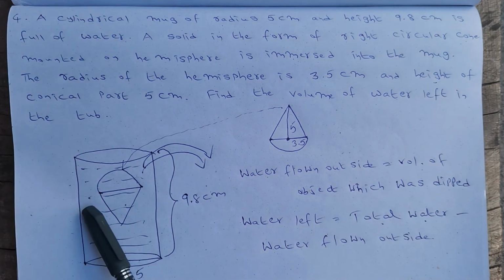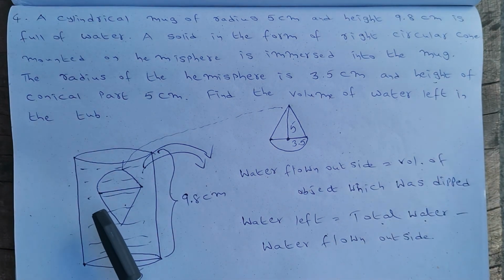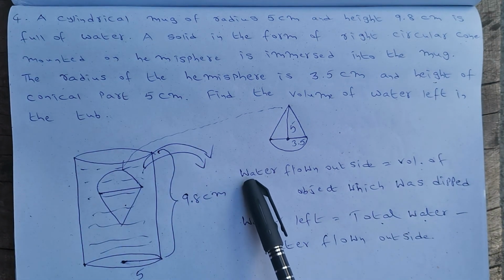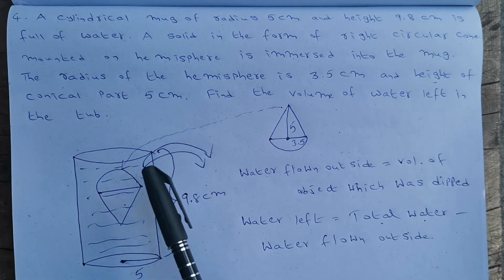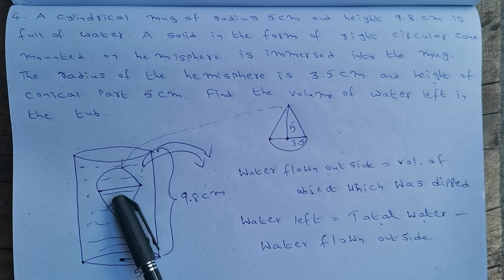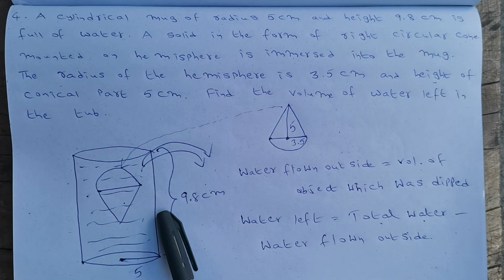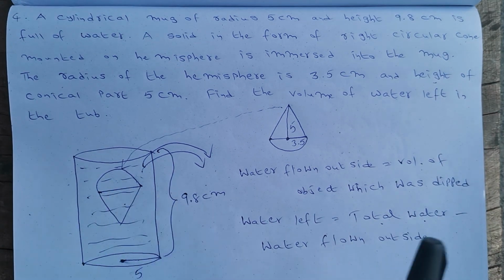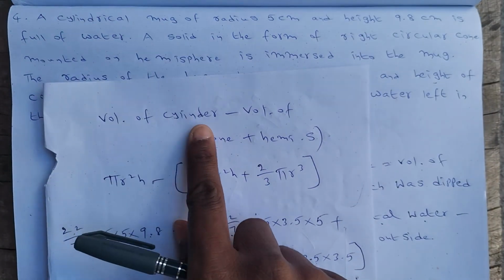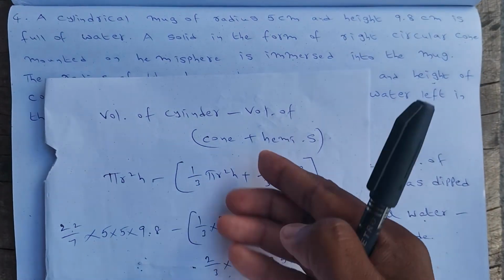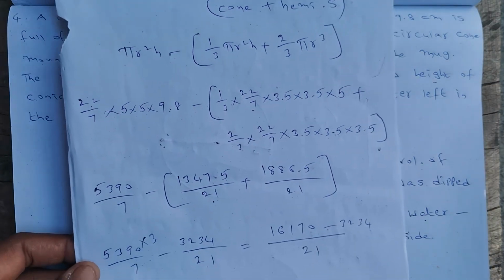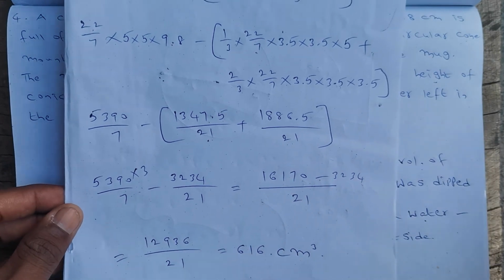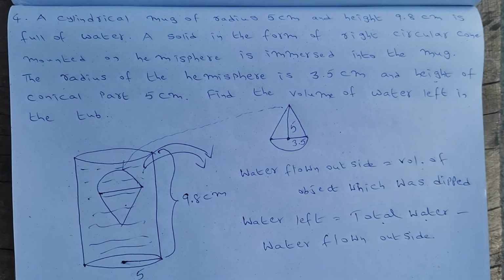It is very simple, there is nothing to be afraid of. We have a full container which is a cylinder completely filled with water, and we are dipping something into that. After dipping, definitely some water will flow out. How much water goes out is exactly equal to the volume of the object which we are dipping or immersing into it. So he is asking to find how much water is left. So total cylinder volume minus the dipped object volume. Write the formulas, substitute every number and find the final answer. But we need to be very careful while doing the calculation part. Okay, let's move to the next question.